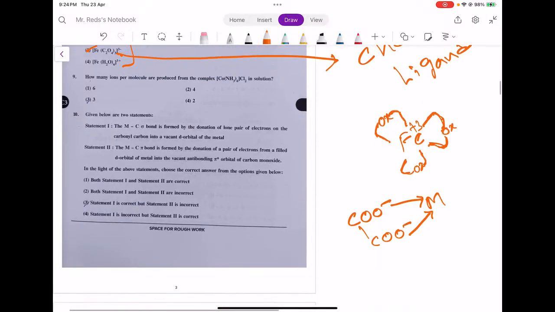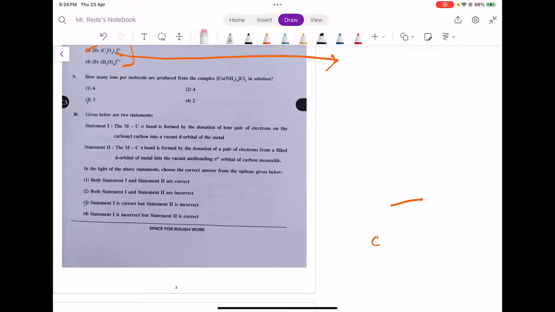Let us go to the 9th question. How many ions per molecule are produced from the complex Co(NH3)6Cl2 in solution? It means in aqueous solution, the solvent is water. Co(NH3)6Cl2 in water